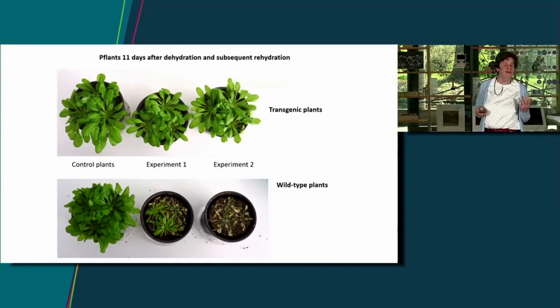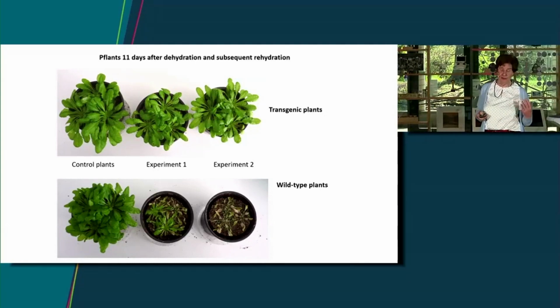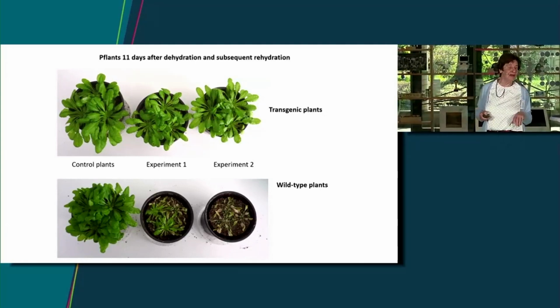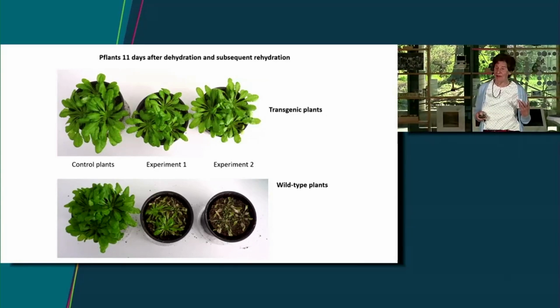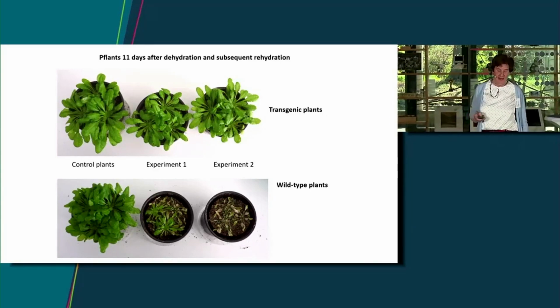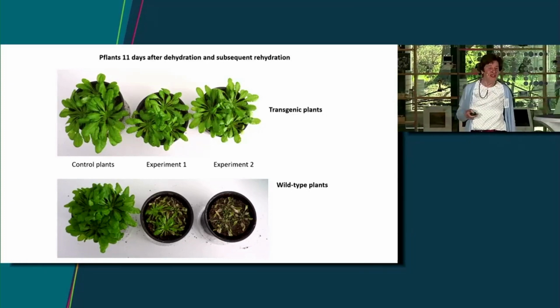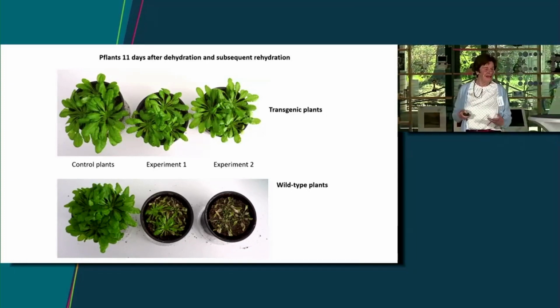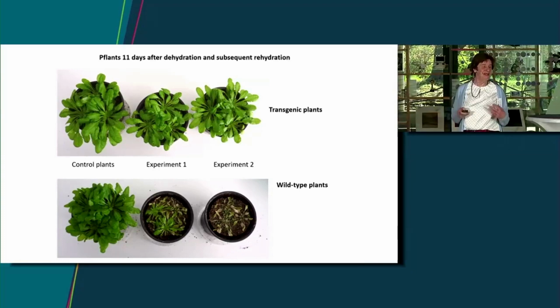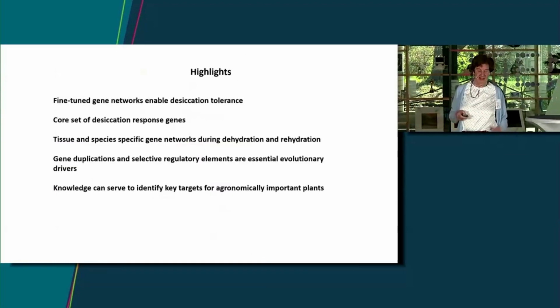On the top row, you see the transgenic plants. From left to right, it's the control, then a dehydration experiment. And if you go to the bottom, these are the non-transgenic plants which don't contain an additional copy of this gene. And you can see that apparently the addition of one more gene of a family seems to provide a certain level of tolerance. And just to summarize some of the highlights which I wanted to relate to you,